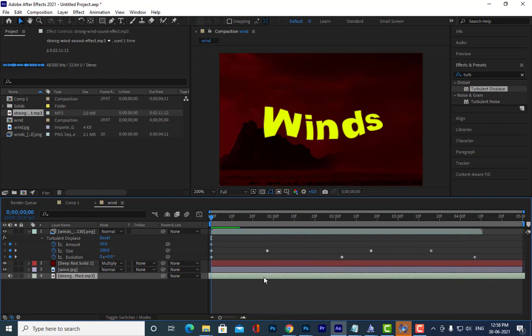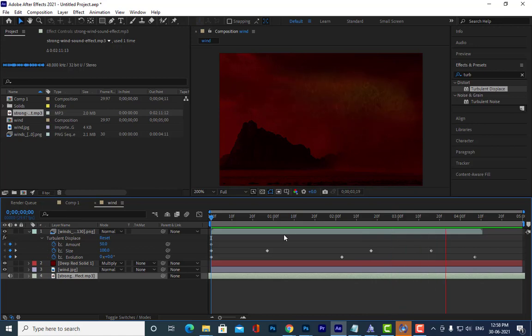If you want to get a specific part of the sound, you can move this one, and we can check. Okay, this part is nice. Let me move it.